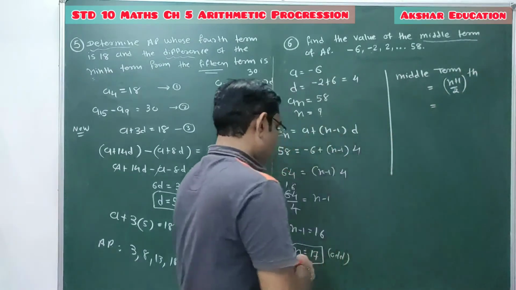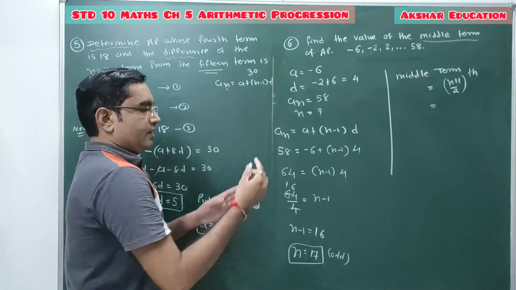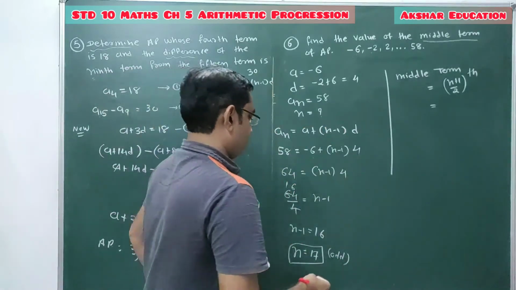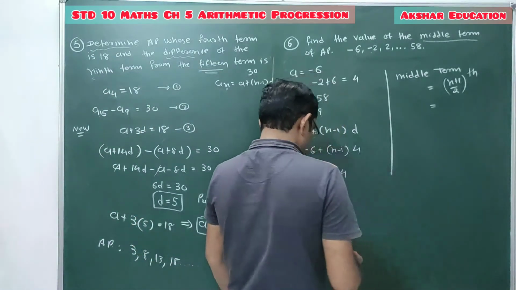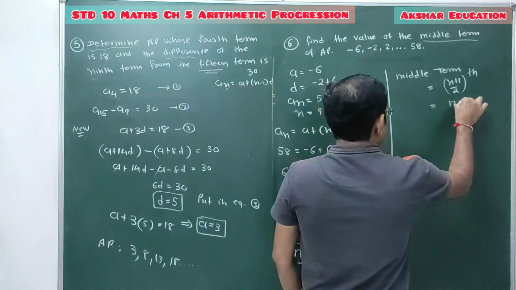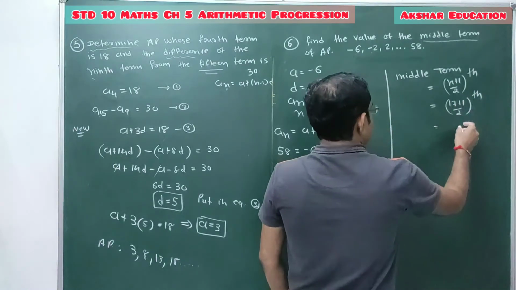Total 17 terms are there. So the middle term is nothing but the 9th term of this AP. The 8th term would have 7 terms on its left side and 7 terms on its right side. So n plus 1 by 2, where n is 17, so 17 plus 1 by 2, 18 by 2, the 9th